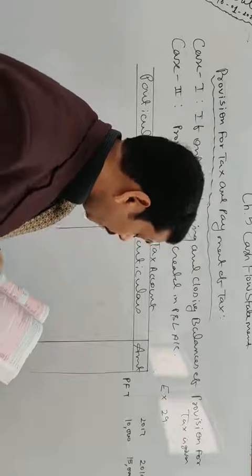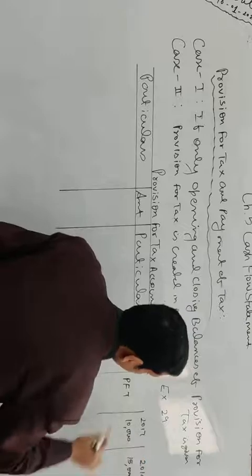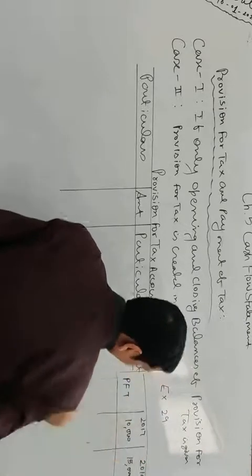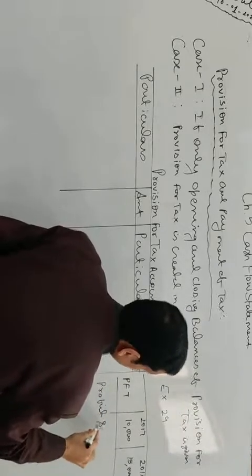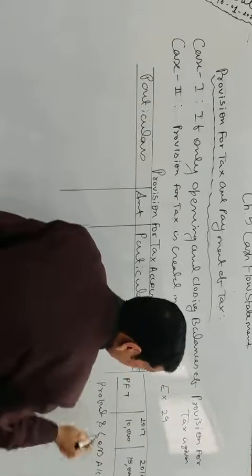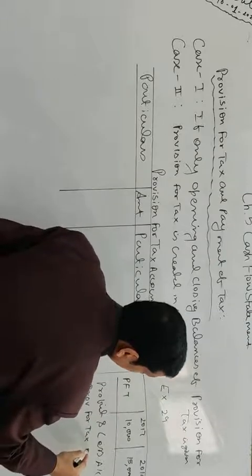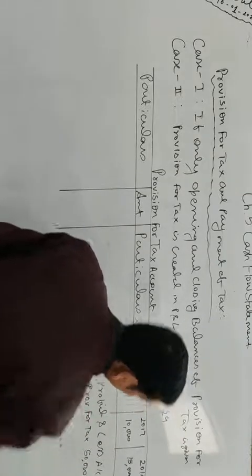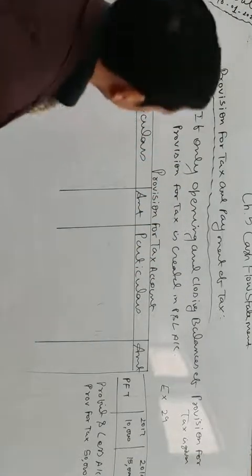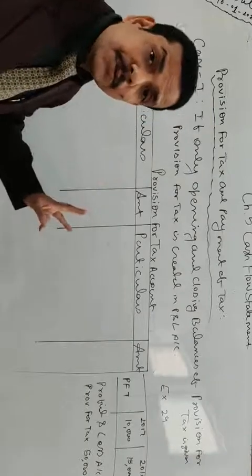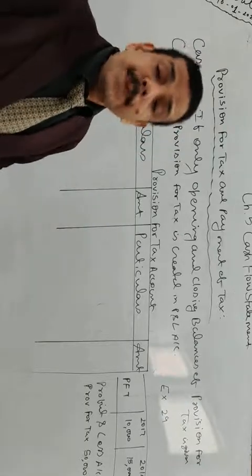And at the same time in the profit and loss account, one figure for provision for tax is also given. This is given as additional information. Clear? And in the profit and loss account also, one provision is given. Provision for tax is given as 50,000. Clear? Now we have three figures for provision for tax. So when three figures of provision for tax are given, we can easily find out the payment of the tax, because payment of the tax would be the balancing figure.